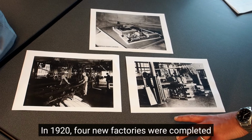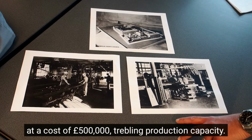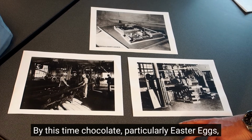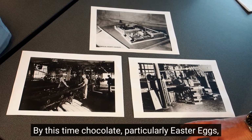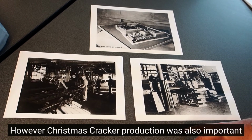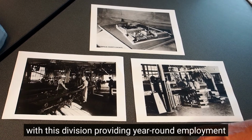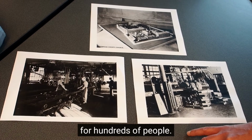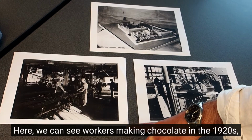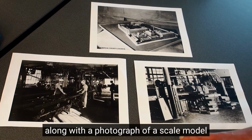In 1920, 4 new factories were completed at a cost of £500,000, trebling production capacity. By this time, chocolate, particularly Easter eggs, was the most important product. However, Christmas cracker production was also important, with this division providing year-round employment for hundreds of people. Here we can see workers making chocolate in the 1920s, along with a photograph of a scale model of the